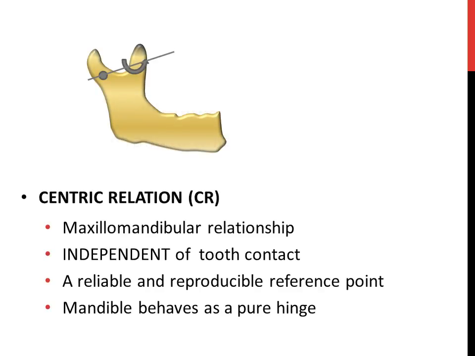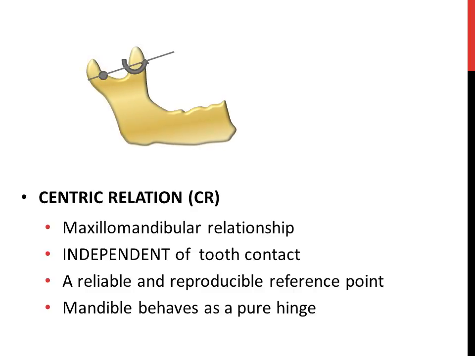Centric relation is a maxillomandibular relationship. The position has been difficult to define anatomically, but is determined clinically by assessing when the jaw can hinge on a fixed terminal axis, up to 25 mm. It is considered a reliable and reproducible reference point at which the mandible behaves as a pure hinge, and is